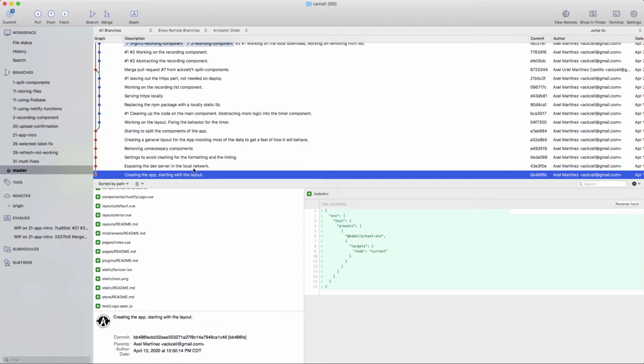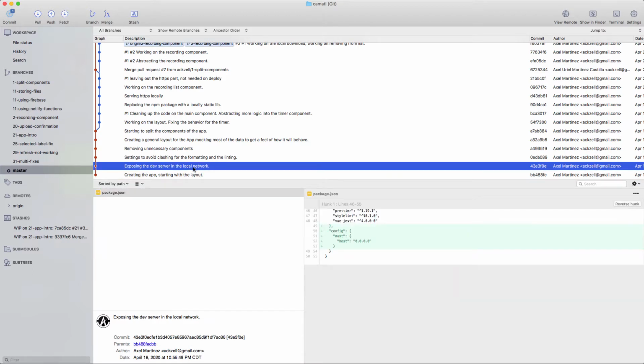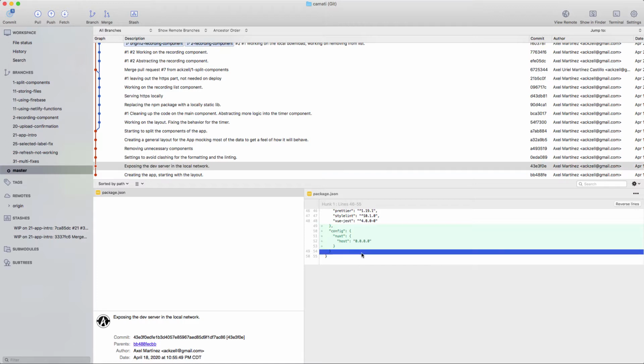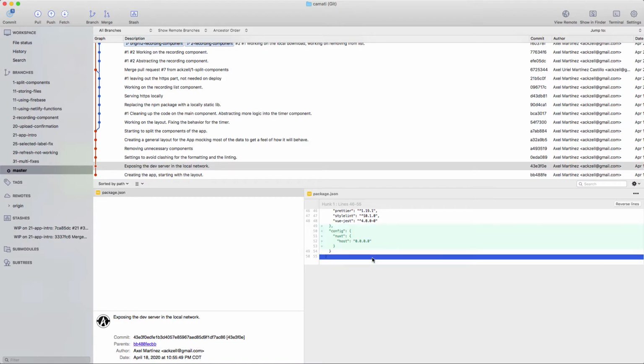Then I wanted to go ahead and try to use the application on my cell phone while developing to be able to test what I was doing, basically. So this is how I did it. I put this configuration on the package.json in order for me to be able to load the application running from